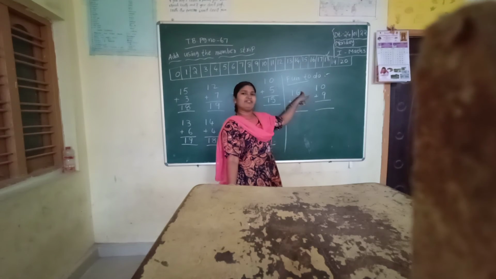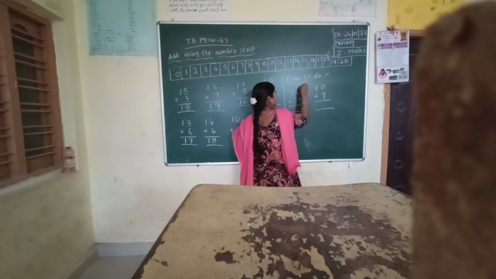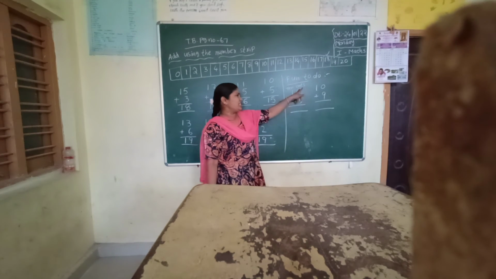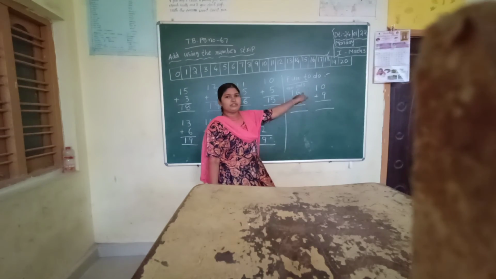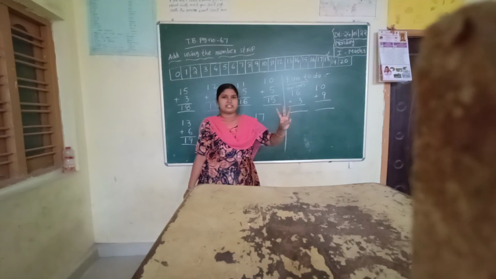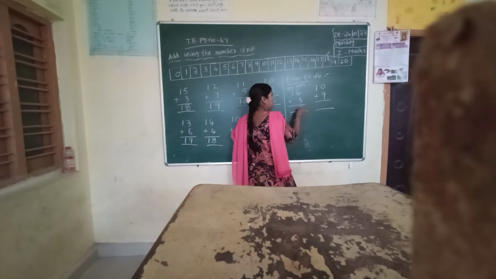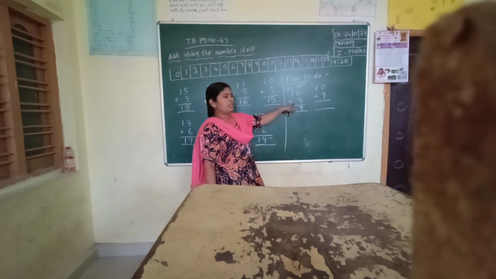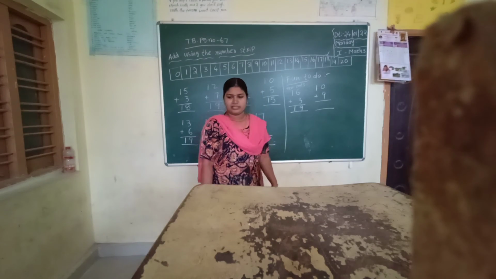First, you have to add the ones place numbers. 6 plus 3. It is the ones place and it is the tens place. First, add the ones place numbers. They have given 6. Next, they have given 3. First number should be kept in your mind. 6 in the mind. Take 3 fingers. 6, after that 7, 8, 9. Okay. Next, 1. In the tens place they have only 1. They did not give any number, so you have to write down 1 directly in the tens place.